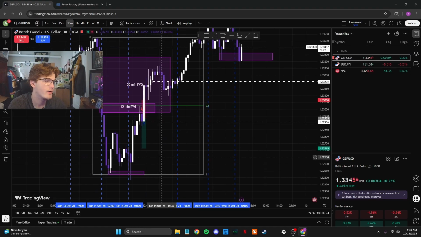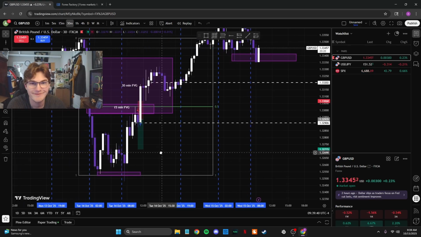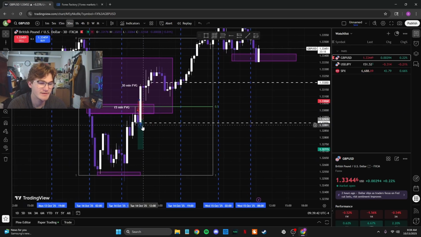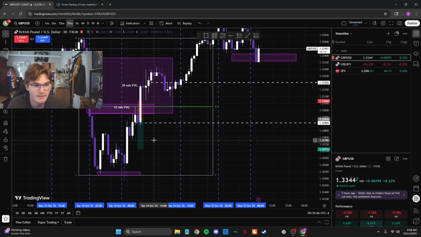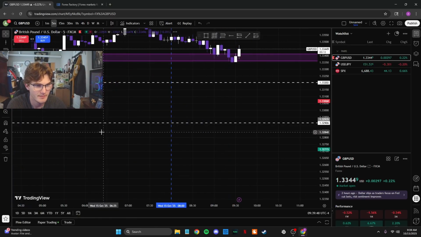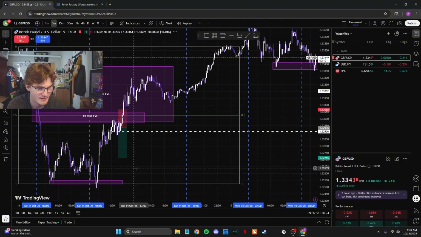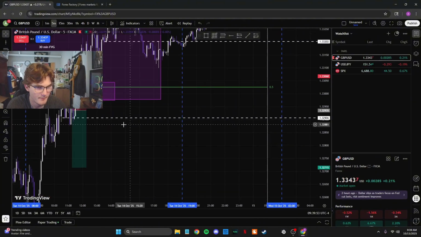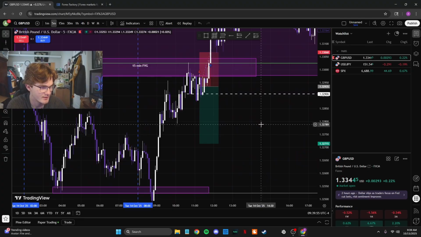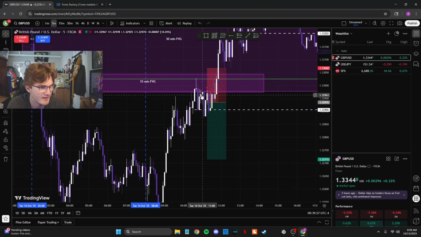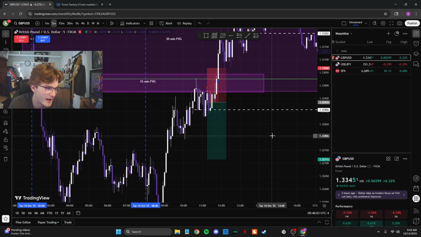We are quickly going to go over what we saw yesterday, and as you can see, I tried to take a paper trade that did not go so well because I'm still trying to learn. But I got excited. We're going to go over this really quick. I got excited that it tapped the equilibrium, that it tapped into the 15 and the 30, and it hit equilibrium.